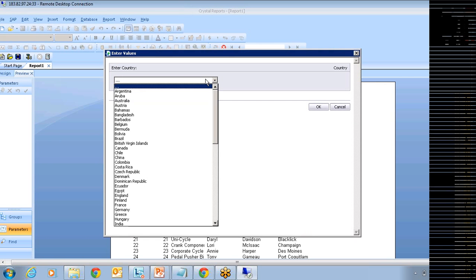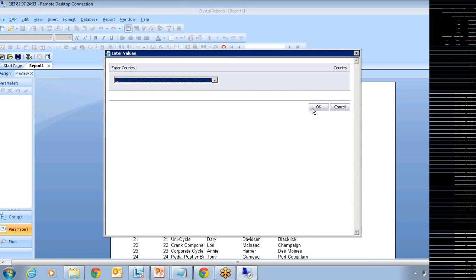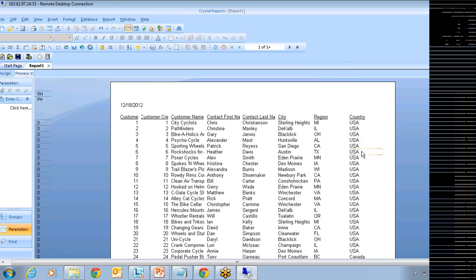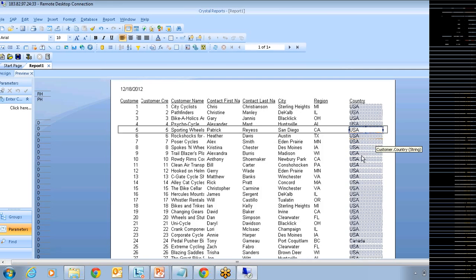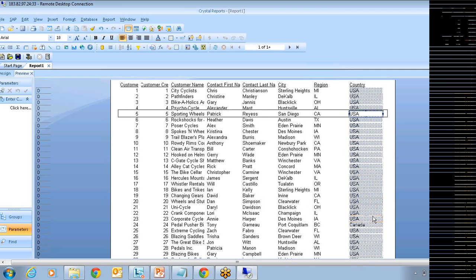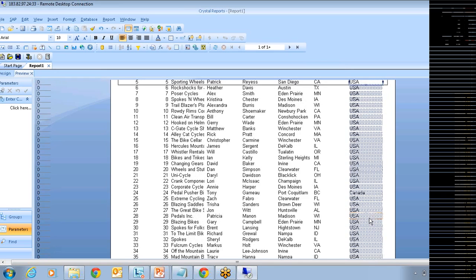Now optional prompt means you can run the report without choosing any value. So this is the drop down list wherein you have to choose a specific country, right? But I don't want to choose any country and I want to run my report, which means if you don't want to choose a value, you don't want to apply filter condition on country. That is optional. When you click on OK, I'll be able to see all the countries. See US, Canada, so on. You have all the countries information.